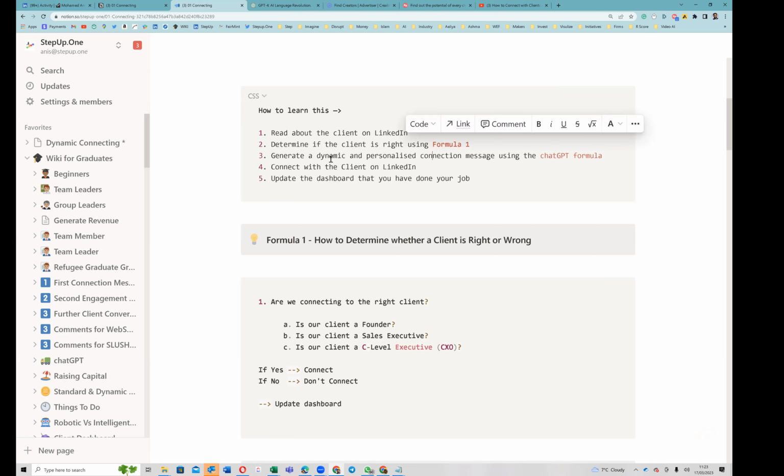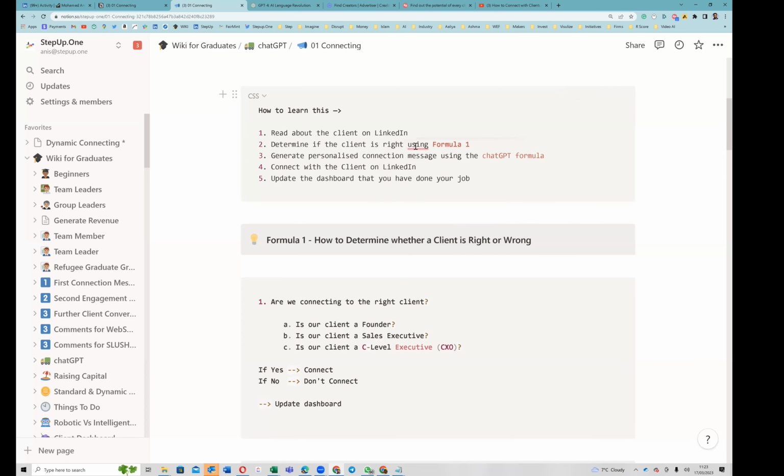Using formula 1. Generate. Yeah, I think I'm using... my English is so poor actually. Generate personalized connection message using... Determine if the client is right. Is about right. Is right about using. I don't know why it's correcting me like this. Okay. Generate a personalized connection message using